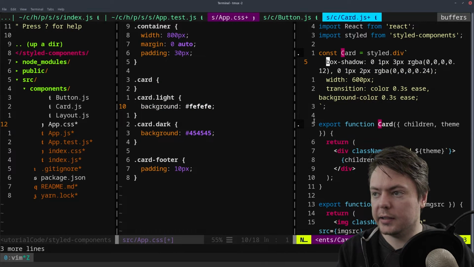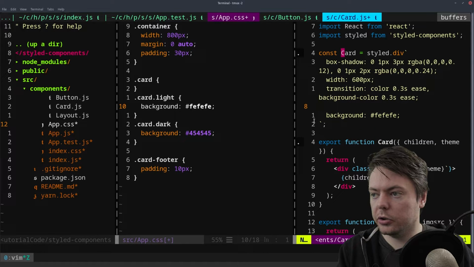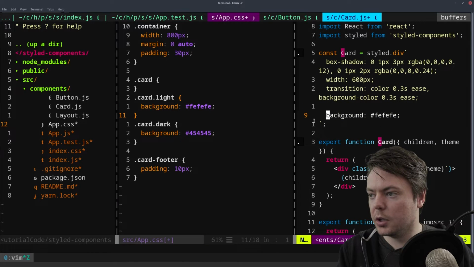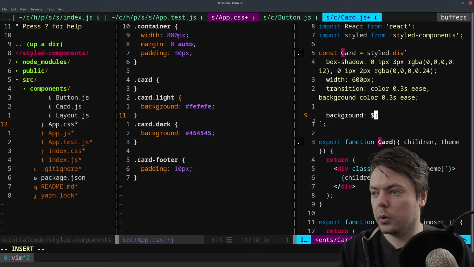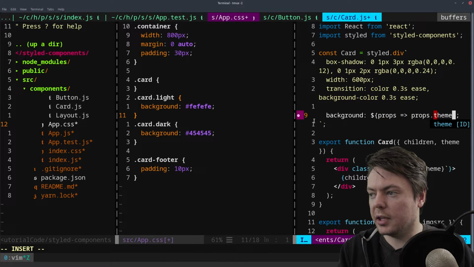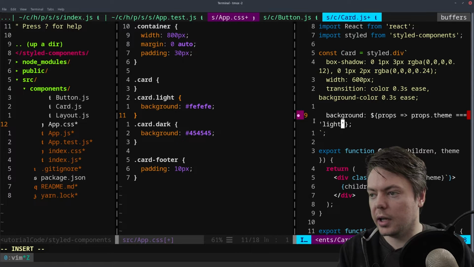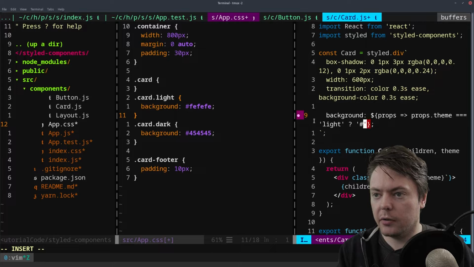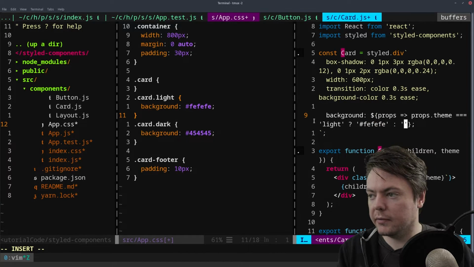And we want the light and the dark as well. So that is the background. So as we did before, we'll give this a function that takes props. We will check props.theme equals light. And if it does, we will give it the color of FE. And if it doesn't, we'll give it the color of